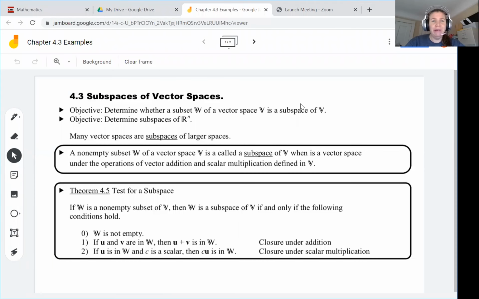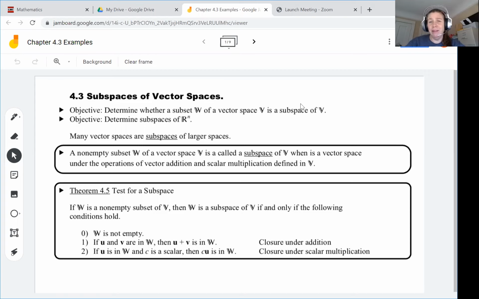In this video, we take a look at subspaces of vector spaces. We are going to see the definition and some theorems, and also examples of subspaces and examples of spaces that are not subspaces. So this is chapter 4.3, and our learning objectives are to determine whether a subset W of